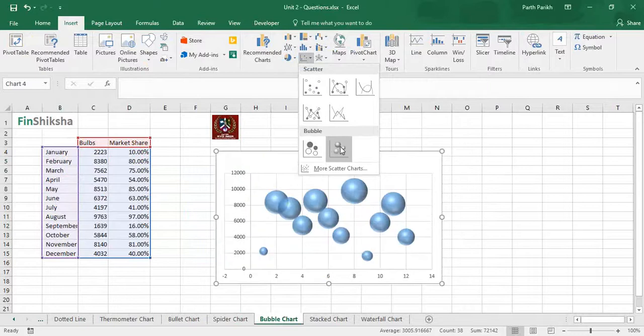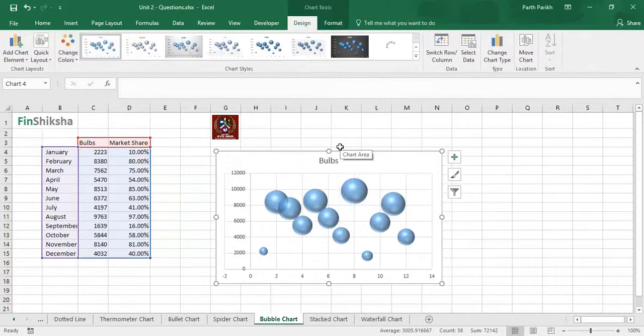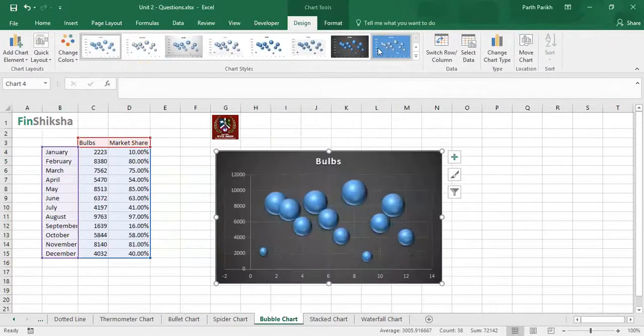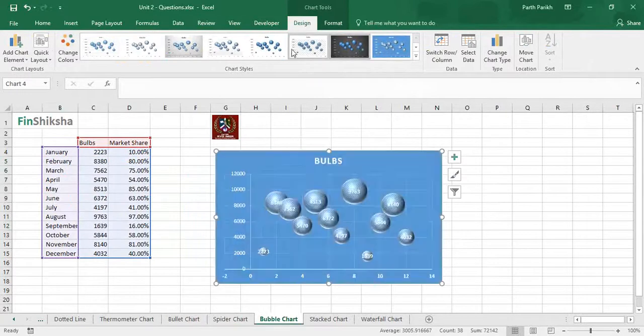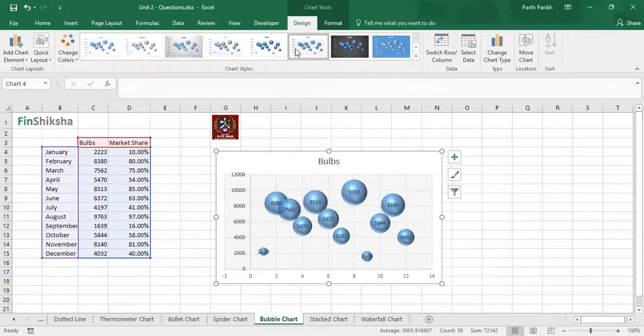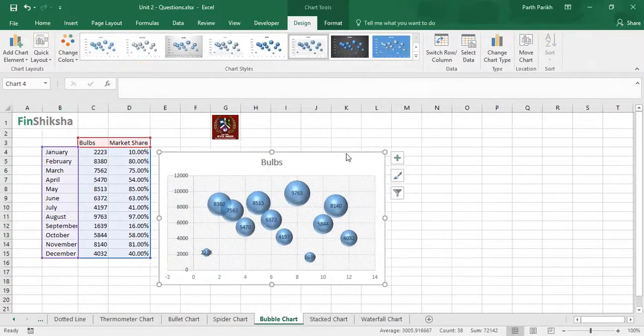So instead of scatter, you just click on bubble, so it shows the bubbles, and you can basically have the black background. Black background with the data, and then you can change the data accordingly, or with the marker option you can change the data over here as well.